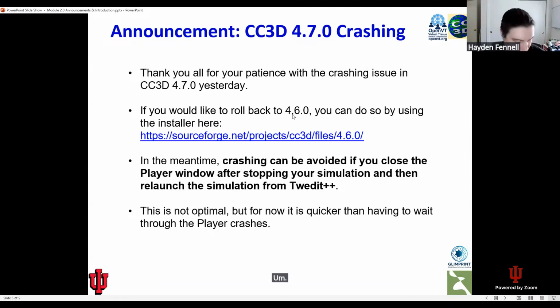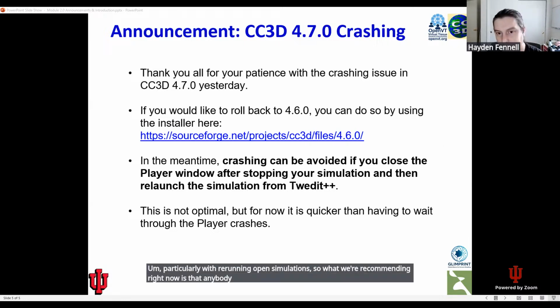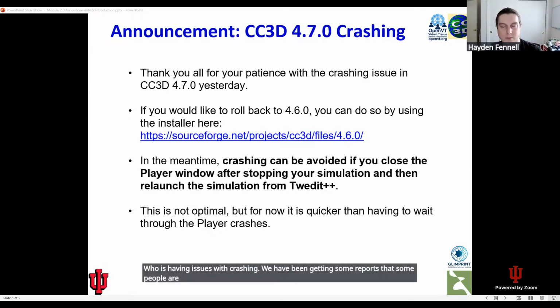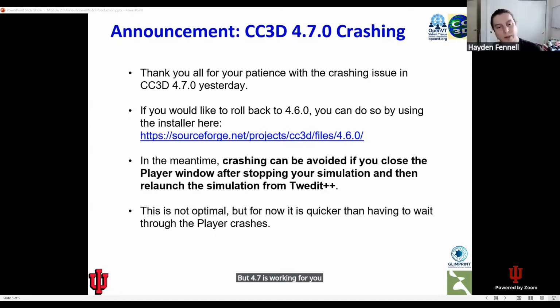Version 4.6 does not have this frequent crashing issue, particularly with rerunning open simulations. So what we're recommending right now is that anybody who is running 4.7 who is having issues with crashing, we have been getting some reports that some people are able to run it just fine. If 4.7 is working for you currently, you don't have to do anything. But if you are having these issues with crashing, you can roll back to version